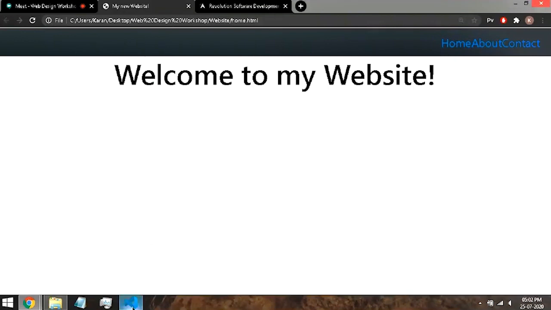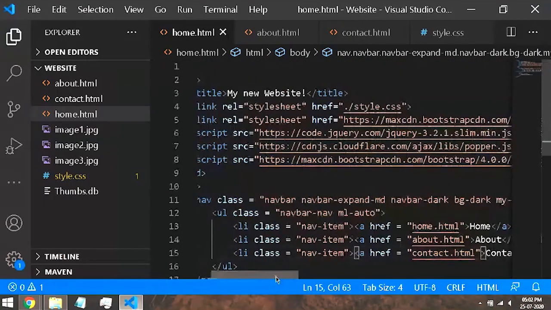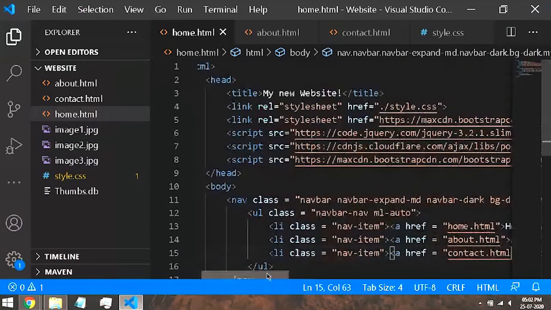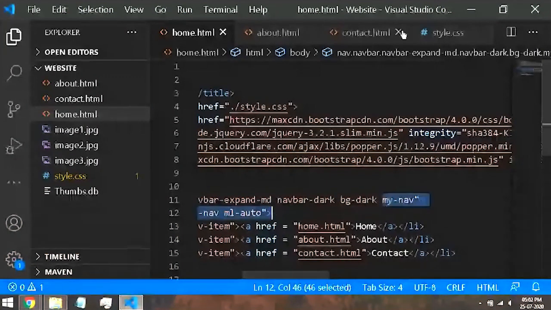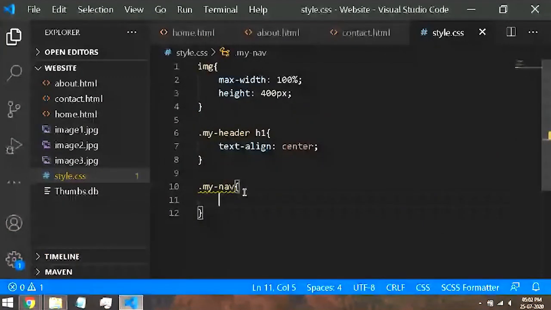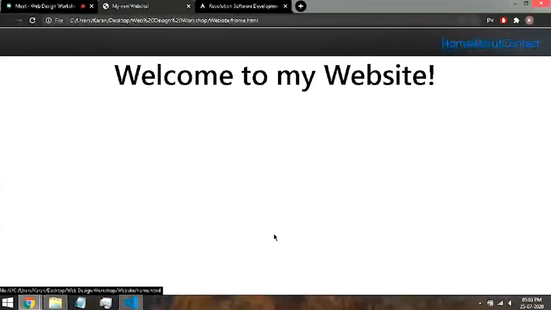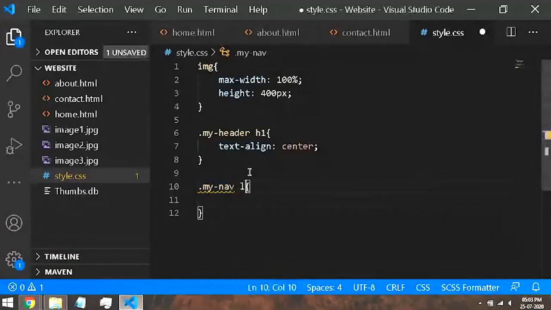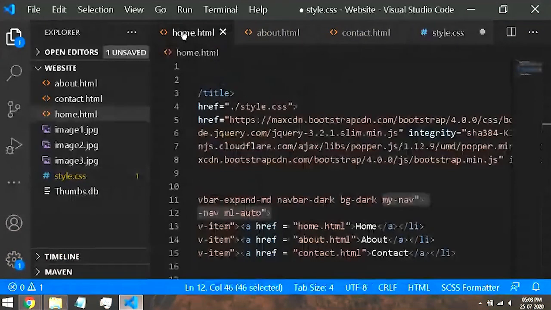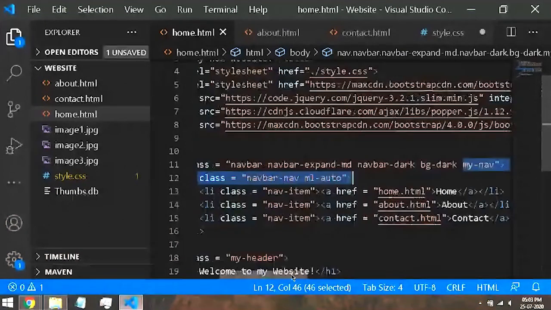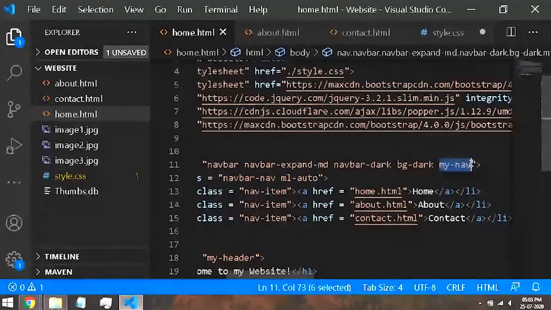firstly, what we can do now is change the spacing between these three list items. So how can we do that? We need to define our own class, which we already did, myNav. And now let's go to our style.css. Now I want to change the spacing between these list items. So how can I do that? I will do myNav and li. As I mentioned earlier, I want to access the list items which are present within this class of myNav.